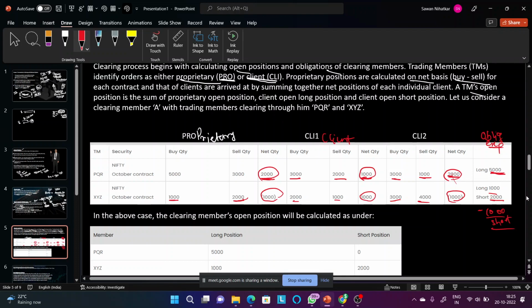Why? Because these short positions are significantly different, so that is why we are writing them separately, and basically they are not our proprietary trades. One trade is here which is our proprietary, another one is your client's trade, so you have to mention it differently as a significant trade. So in that case you will have 1000 which is long and 2000 which is short. Now you cannot expect any problems from this in the exam, there will not be a problem asking you to solve this, but just for the sake of understanding I'm telling you how these trades are cleared.